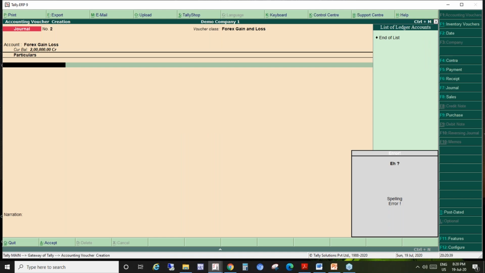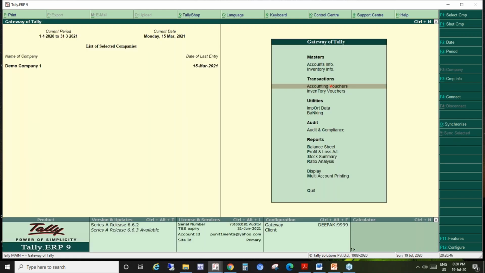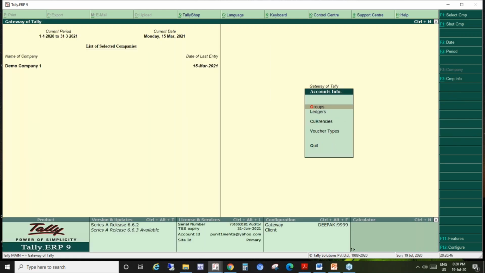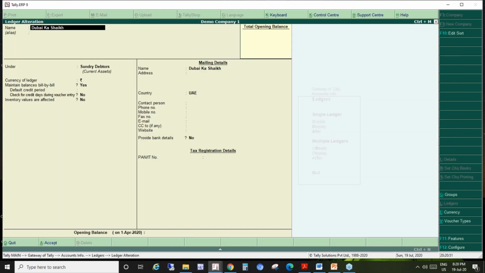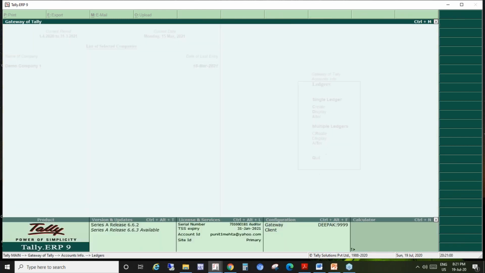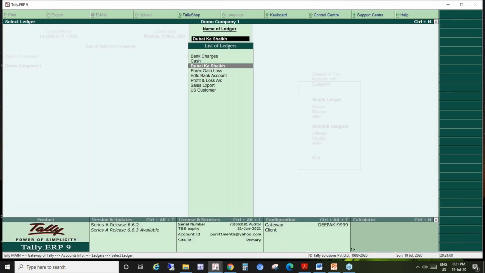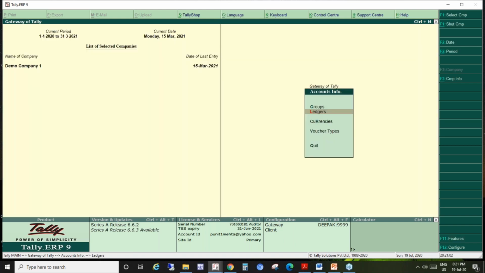I made a cardinal mistake. You know what? While I created Dubai ka Sheikh, I have activated this US dollar. I should,